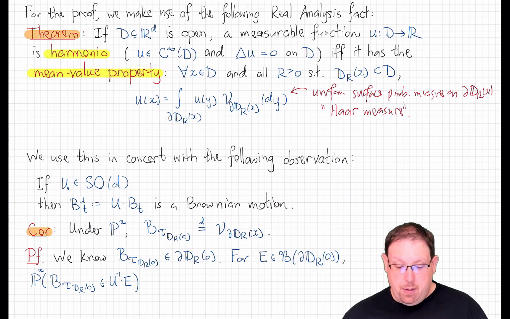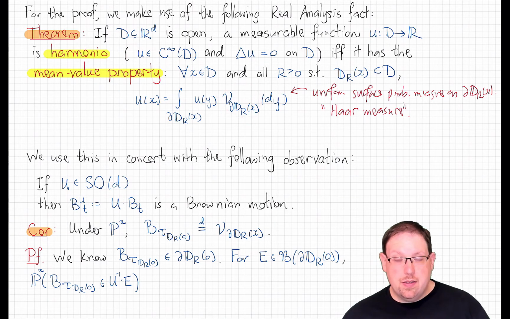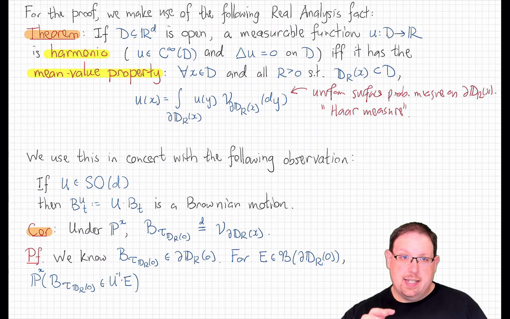The key point about this measure is that it is the unique measure on the sphere that is rotationally invariant, which is to say that if I take a set and I rotate it with a rotation in space, that new subset of the sphere will have the same Haar measure as the original unrotated set did before. It's easy to see that there's at most one Borel measure that has that invariance property, and there is, in fact, exactly one, this Haar measure.